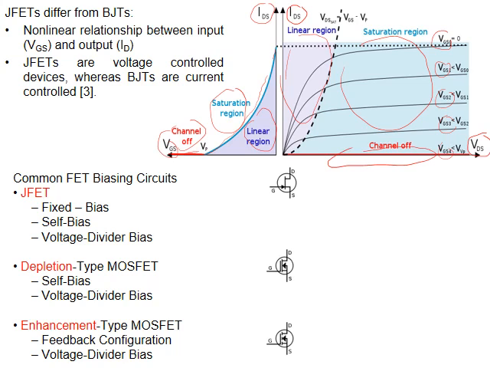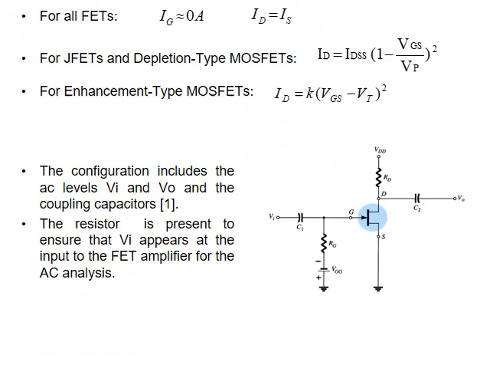What types of circuits are we going to discuss? For JFET we will discuss fixed bias, self bias, and voltage divider. For depletion type, self bias and voltage divider. For enhancement type, feedback configuration and voltage divider. We are going to discuss how we solve the equations to find the